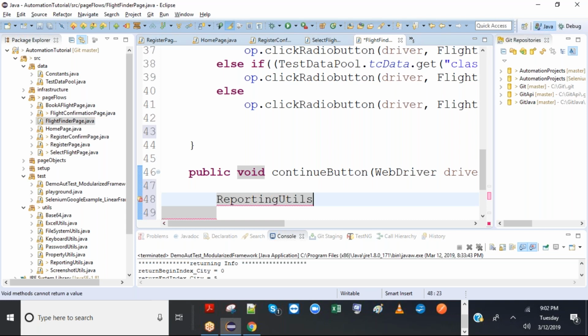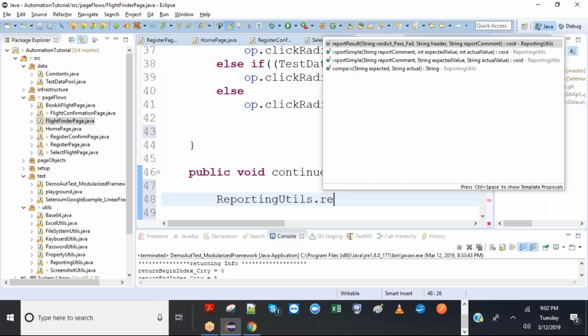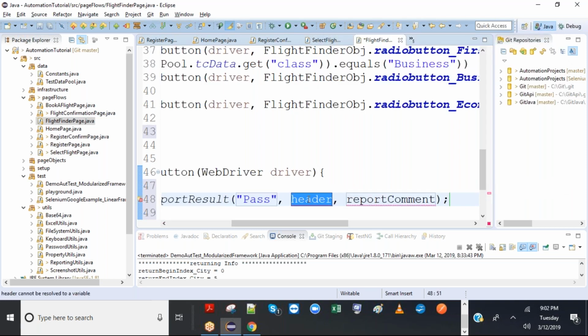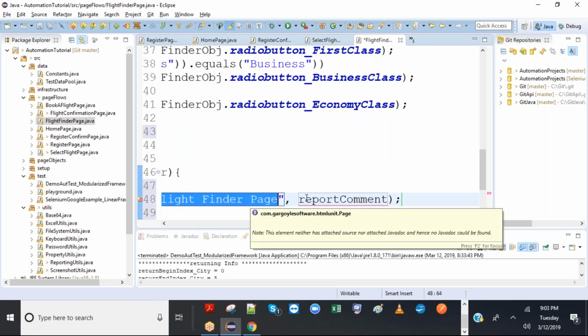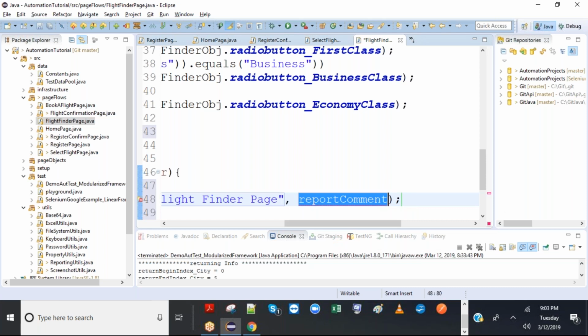So the reason I'm putting pass is just to demonstrate the screenshots and captions. So we will make it dynamic later. Don't worry. So this is for which class, which page? Flight finder page. Okay.